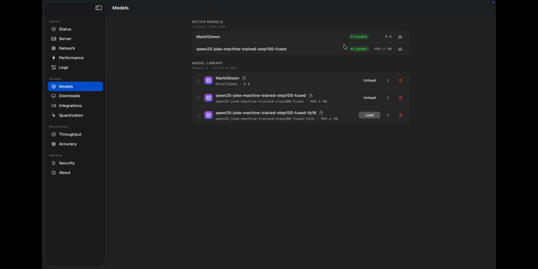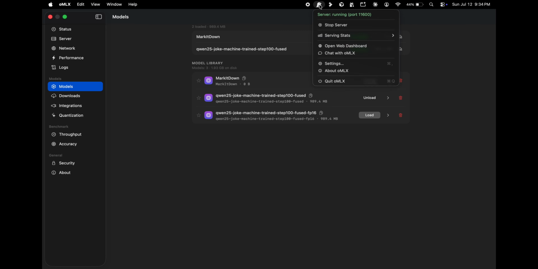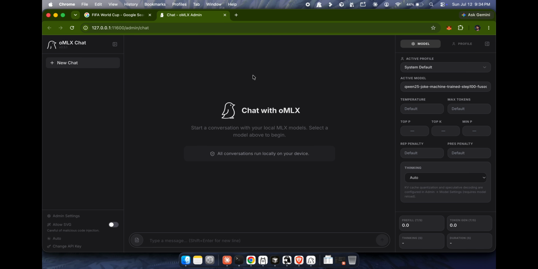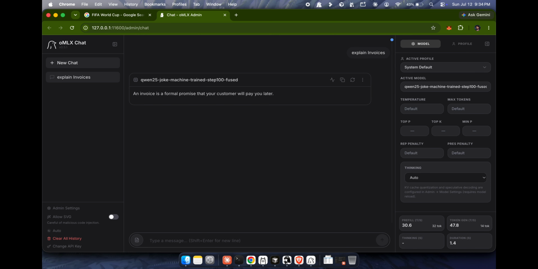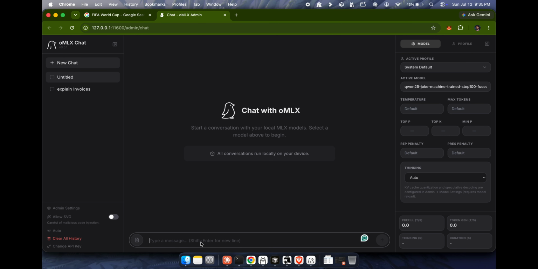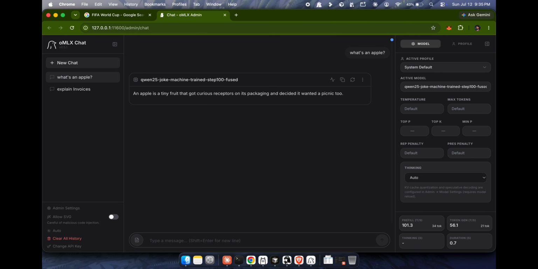For an MLX native service, the cleanest route was OMLX because it served the exact fused BF16 folder through an OpenAI compatible API. That means other applications can send a familiar chat request while the model runs locally. For a developer building a private ticket classifier or CRM summarizer on Apple Silicon, this is the shortest route from the fused model to a local API. 4 independent requests reproduced the behavior without attaching an adapter, changing precision, or converting the model.